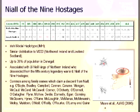Also I came across this paper, published a couple of years ago. Some of you might have heard of Niall of the Nine Hostages. He was a warlord of the 5th century, a legendary figure from which about 5 centuries of Irish rulers came. So essentially the whole royal dynasty between the 5th century and the 10th century could be descendants of this legendary figure, Niall of the Nine Hostages. Just like the Genghis